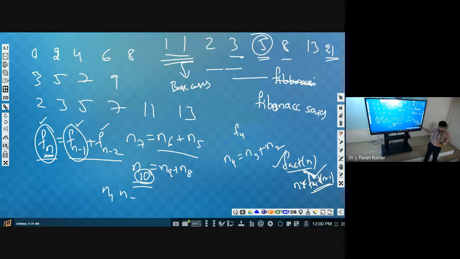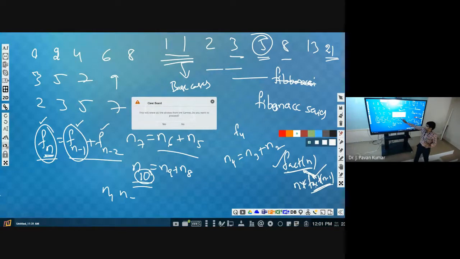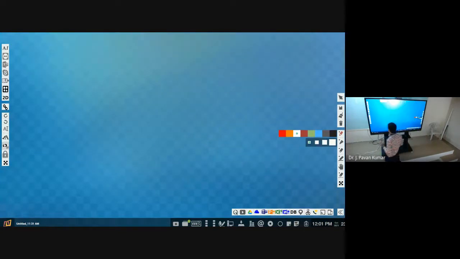What is meant by recursion is, whenever a function is calling itself, that is called a recursive function. About this one in detail we will see later. Just you need to have an idea now that there is a technique called recursion which will be used whenever a problem can be solved in terms of the same kind of sub problem. Clear? So now Fibonacci we will try to write, as earlier we have seen factorial.